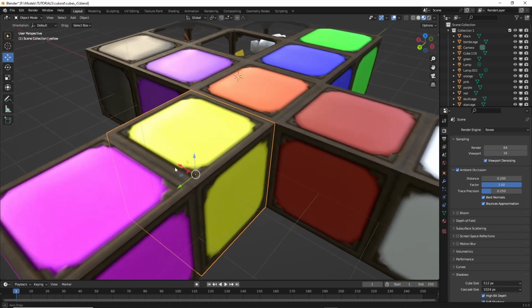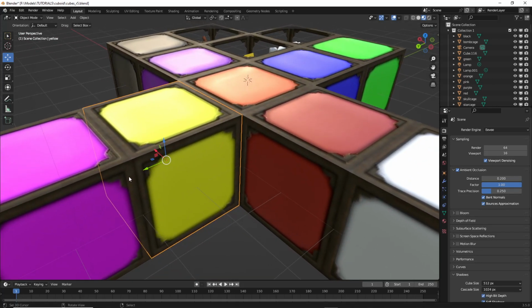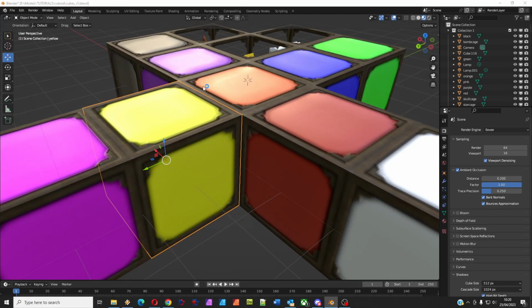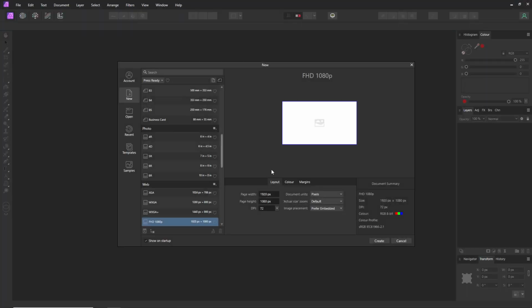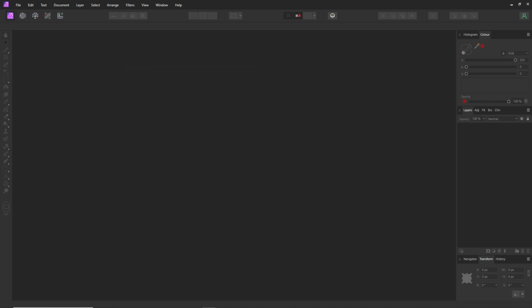So when we're looking at our 2D images, let me see if I can find those 2D images. This is Affinity Photo. Where are they? Right, so